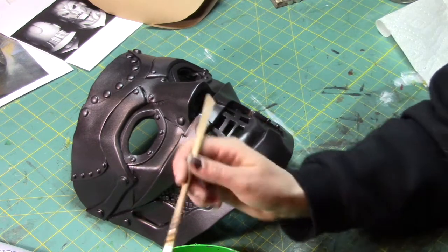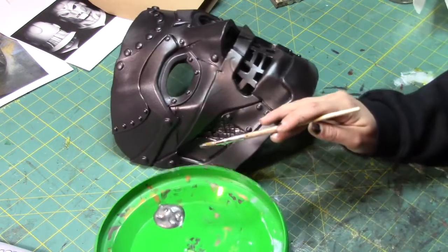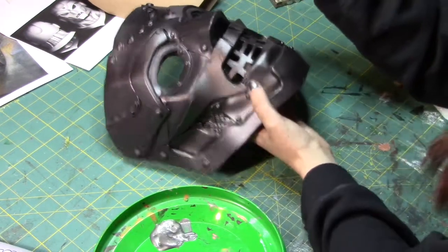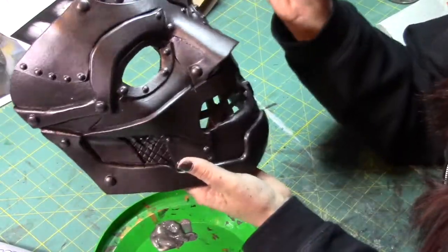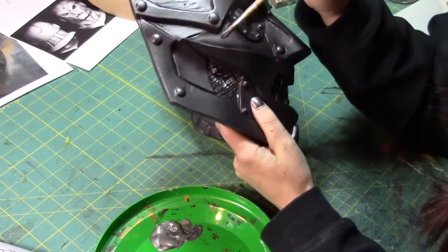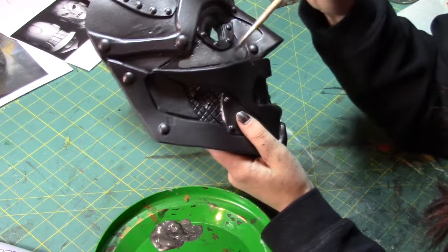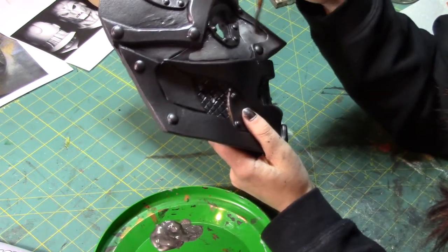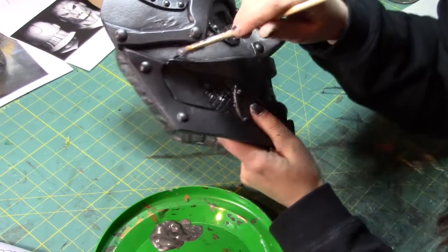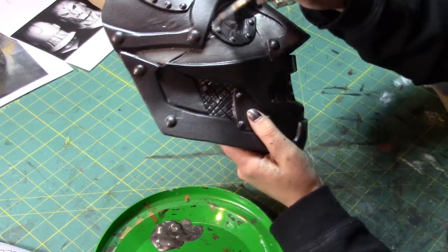And then I'm gonna go in, and I tend to use a lot of just really cheap brushes, and I'll kind of abuse them until I use them up. So I'm going to take this pewter color, and I'm pretty much going to hit just about everywhere with it, because I like that irony gunmetal gray, but it is a little dark for my taste. So I'm gonna go through and pretty much just cover this